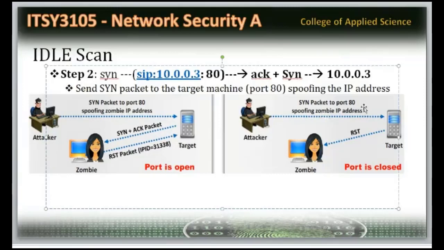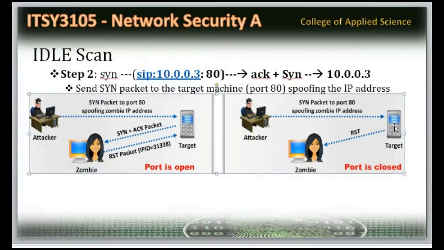I'm sending port number 80 with a sync, and I'm sending a spoofed IP address. I'm giving the same case. If it is open, this is going to happen. Suppose in the target machine port number 80 is closed, then a reset packet will be given to the zombie. Again the zombie will be confused. The zombie is getting a reset message from somebody else. I don't have any TCP connection with you, but still you are giving a reset packet to me. So here the zombie is not giving any response.